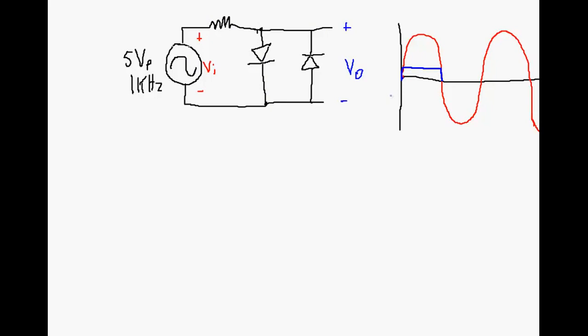Now going in the negative direction, this side of the diode needs to be at a higher voltage than this side of the diode, so we need to get down to an input voltage of about minus 0.7 volts before this diode will become forward biased and start conducting. Up until that point, the output will follow the input, and then at about 0.7 volts from the input, the output is going to maintain that 0.7 volts, and when the input again gets above negative 0.7 volts, the diode will again become reverse biased. No current going through this diode, no current going through this diode, so whatever is at the input is going to be